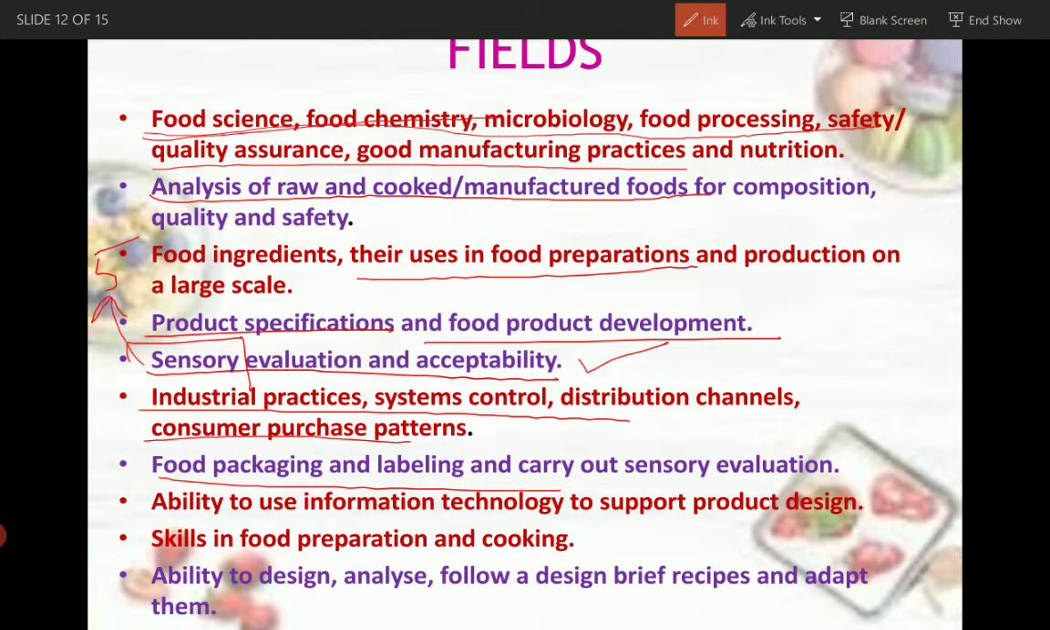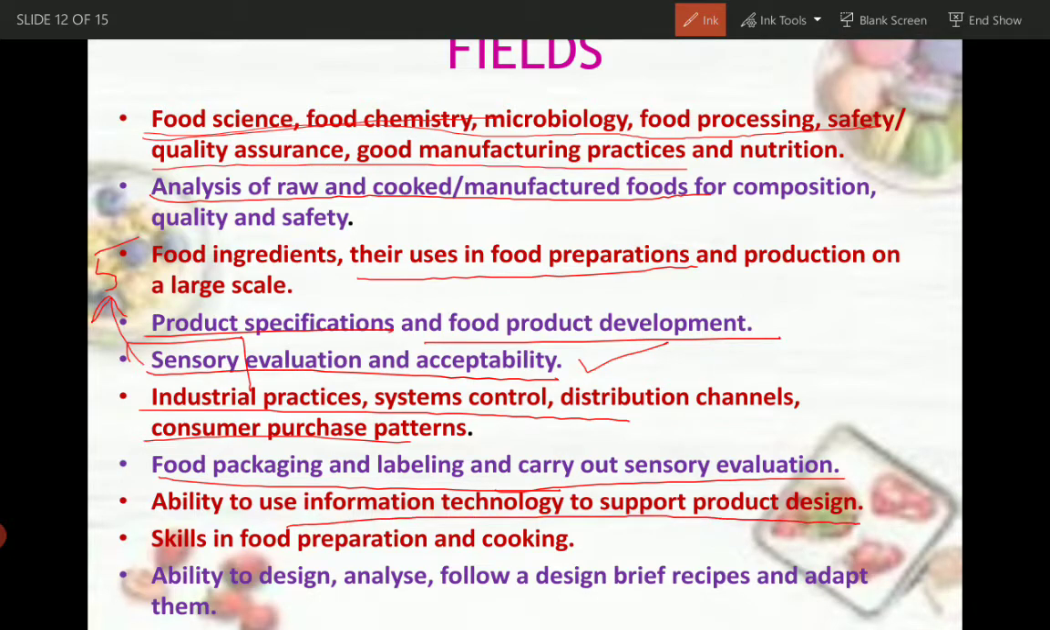Food packaging, labeling, tetra packs, how long is the life? If you open the tetra pack, how long will be the life? Many a times you will see that closed packets, they can survive for 6 months, but the moment you open it, it has to be finished off in either 2 days, a week or so. So food packaging, and after food packaging also you need to have the sensory evaluation, ability to use information technology